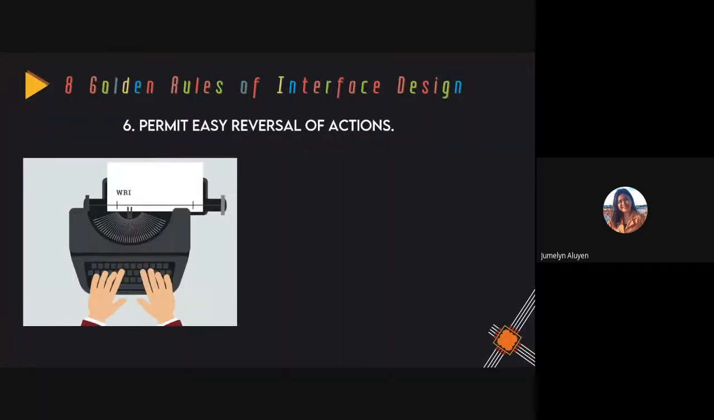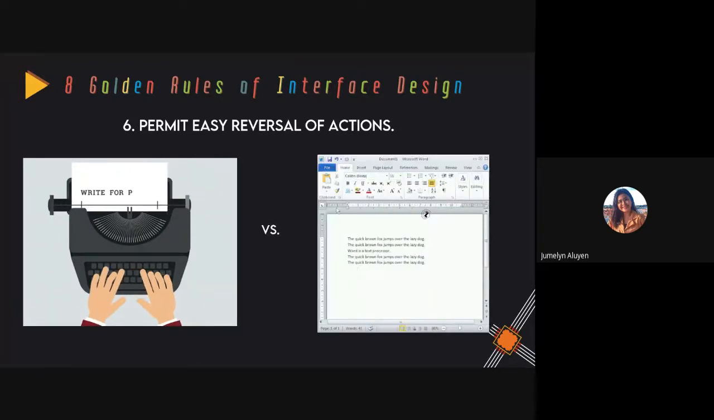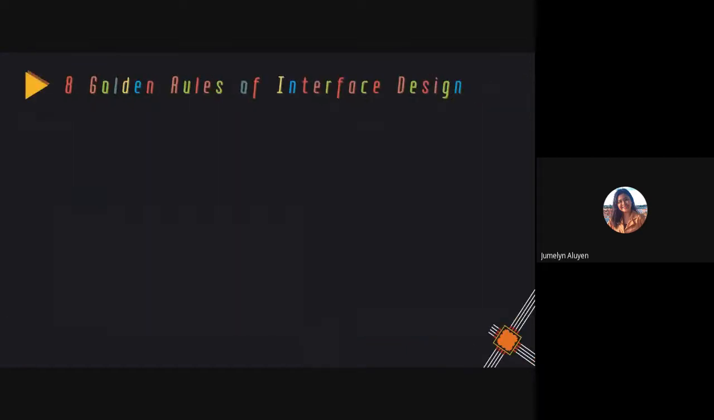Next is permit easy reversal of action. So from the word itself, reversal, meaning pwede pa ka mubalik, no? So for example, kaning typewriter versus Microsoft Word. Sa typewriter, if mag-type ta, mamali lang ka isa ana, you have to take the paper out and then balik ka pinaka-start. Whereas ang kaning Microsoft Word, pag mamali ka, pwede ra nimo i-delete, i-edit because there are already available buttons naman, no? Undo, redo, delete, insert. So, that is an example sa reversal of